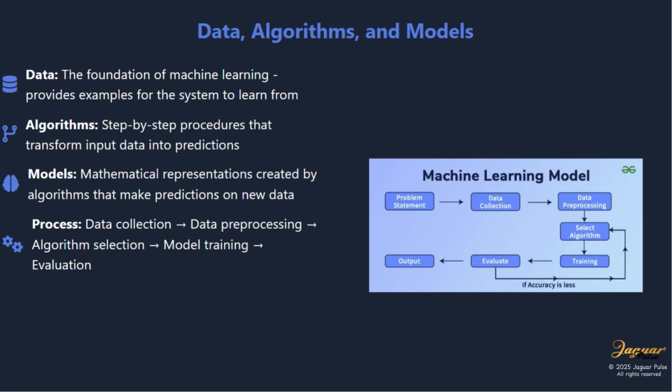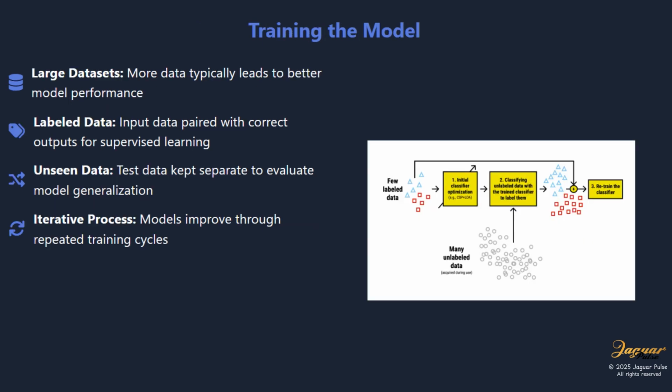How machine learning works. The process of machine learning involves training a model by applying algorithms to datasets. During training, the algorithm examines the data and identifies underlying patterns. The model then adjusts its internal parameters, such as weights in a neural network, to reflect what it's learned. Once training is complete, the model is tested on new, unseen data to evaluate its performance and accuracy.